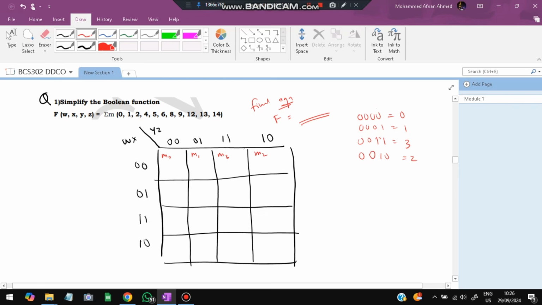So based on this coding we have to write the values. Okay, so this is how you will be writing these values. If you are confused about how we get these values, it's very simple. Let me explain that. Firstly, if you want to convert the decimal values into the binary values, what you